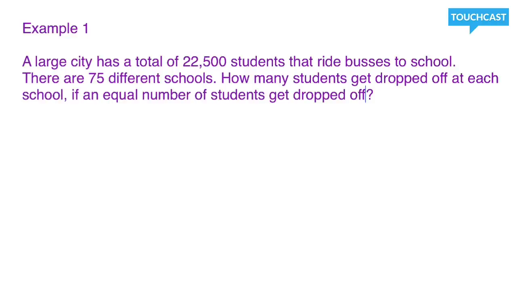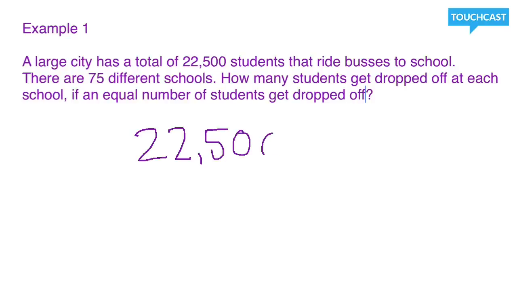So let's set up our problem. You guys can be setting this up in your journal and solving this one together. The next one you'll be solving completely on your own, and then I'm going to link you to a website to do a little bit of practice. So we have 22,500 divided by 75. Following the same procedures we've followed when we learned to place our first digit, we look at